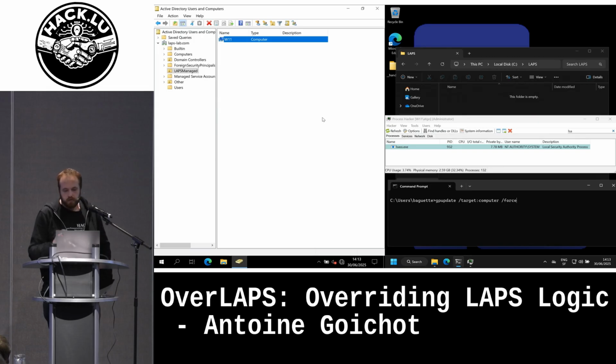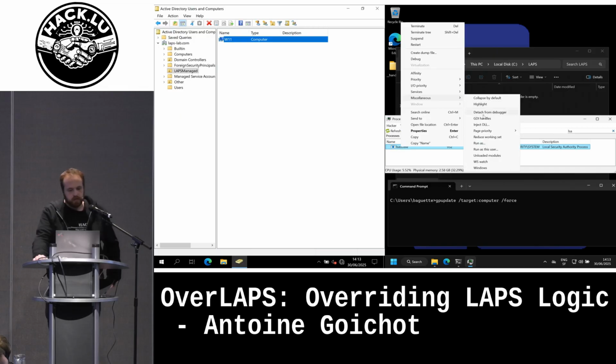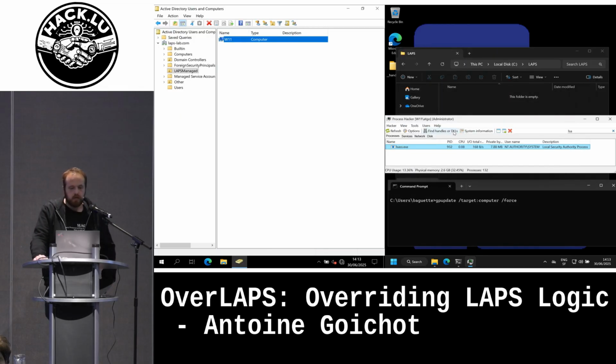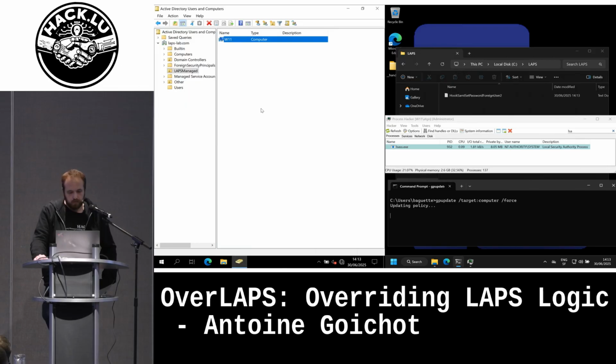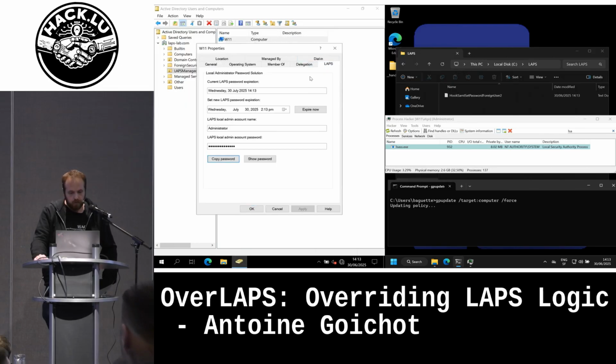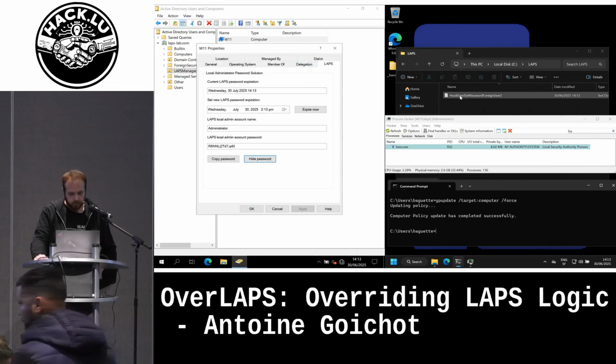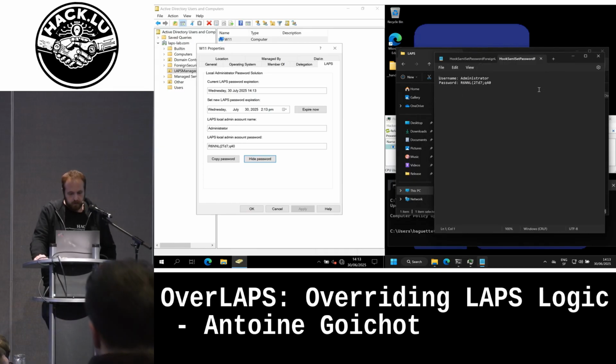We will first do it with SamiSetPasswordForEndUser, the undocumented function that was exported. And then we will do it with an internal function called ResetLocalAdminAccountPassword. So again, same setup, but this time I will inject a DLL in LSASS instead of using Frida. And again, I will force an expiration and a check, and here we have a file that has been written to the disk, and it contains the password.